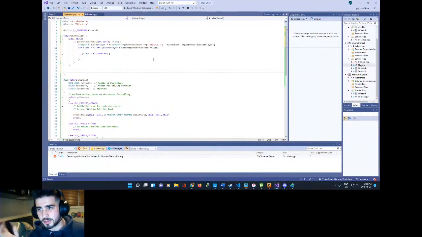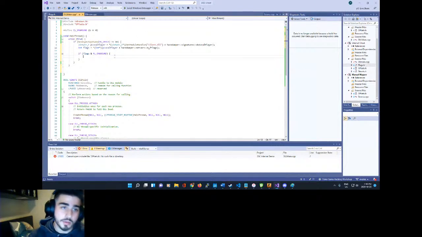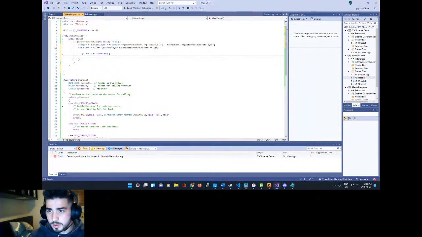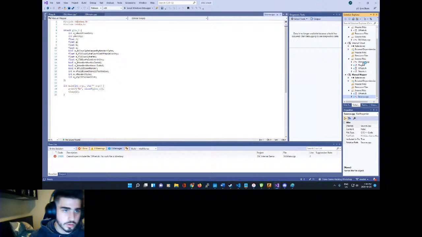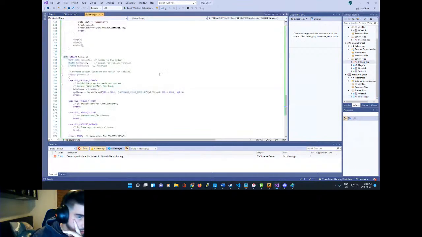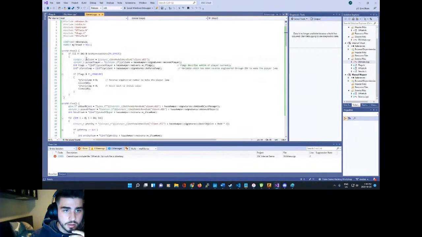Actually, you guys can't see both my screens, so there's no point showing the console output. I'm just going to go straight to the cheat. So yeah, we want to make it jump right now. In order to jump, I'm just going to reference my original code to make sure I don't make a mistake. Yeah, so in order to jump,